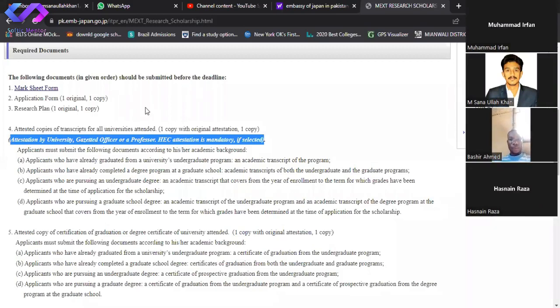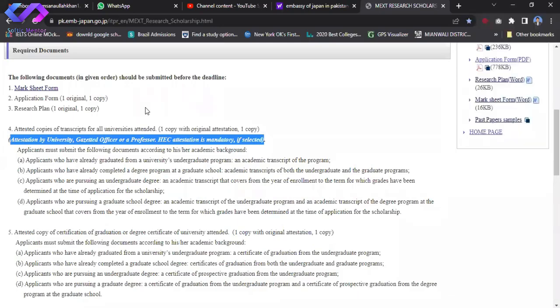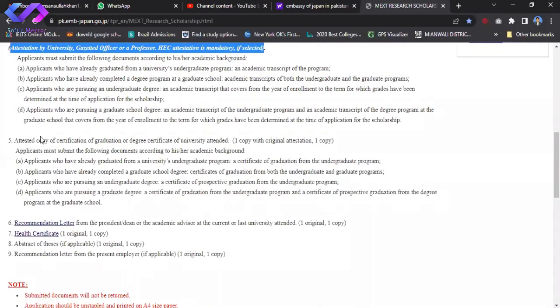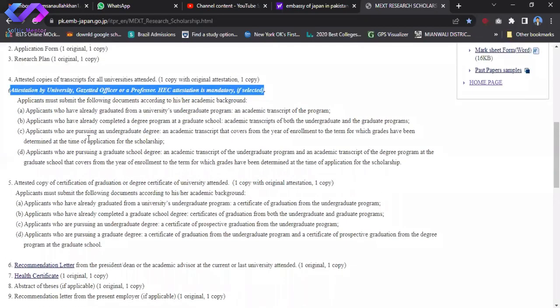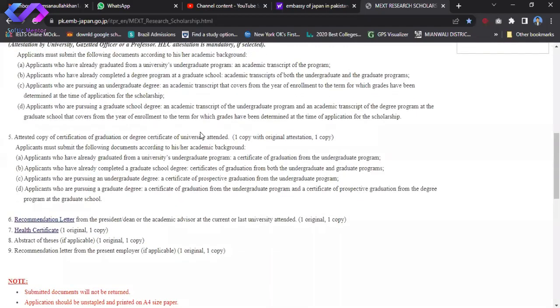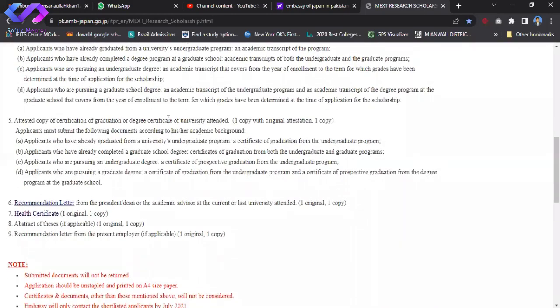You don't need to send your original documents. Just attach your document attested by your university professor. We will go in depth after reading the names of each document. Then the attested copy of the certificate. It is different from the transcript. Certificate is actually the degree, you can say, in our words. You have to submit the degree, copy it, and then attest it